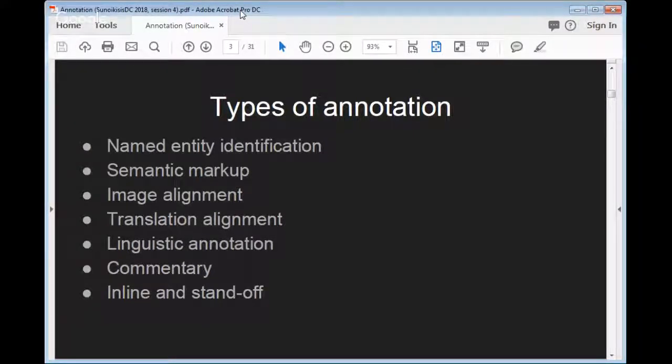So this is midway through the semester. It's a crux in the discussion. It's everything links into this topic really. So when we talk about semantic markup, as we'll talk about in a bit more detail next week, you're annotating a text by adding XML tags or other kinds of tags to that text to create that annotation.